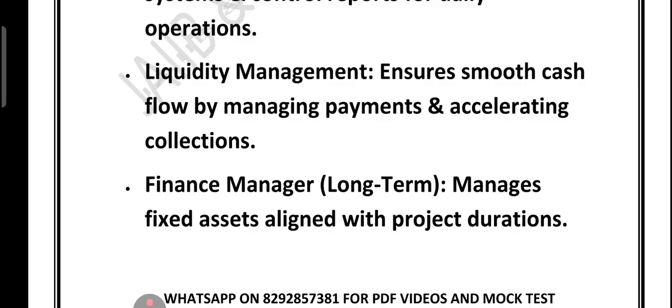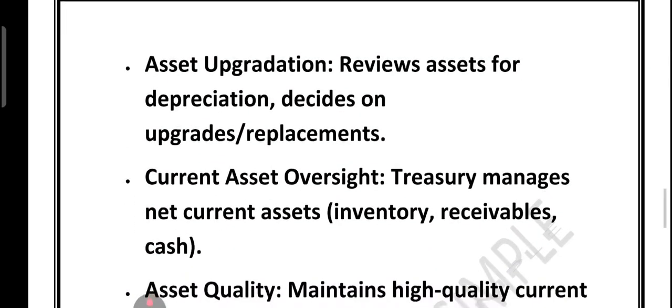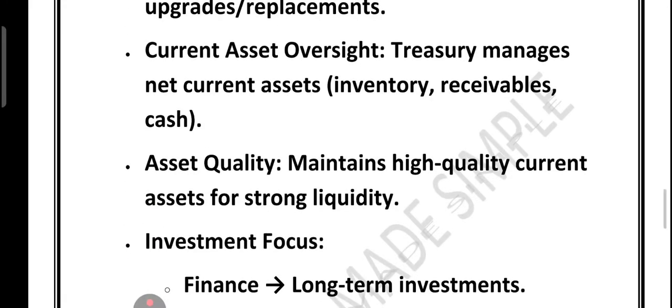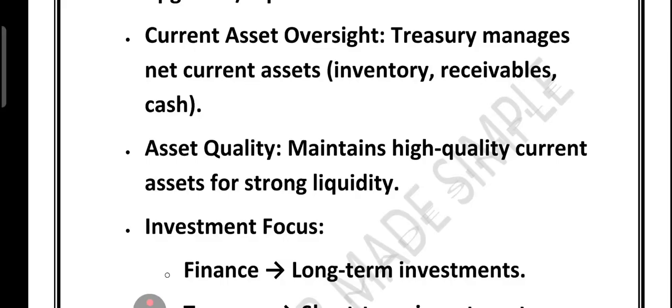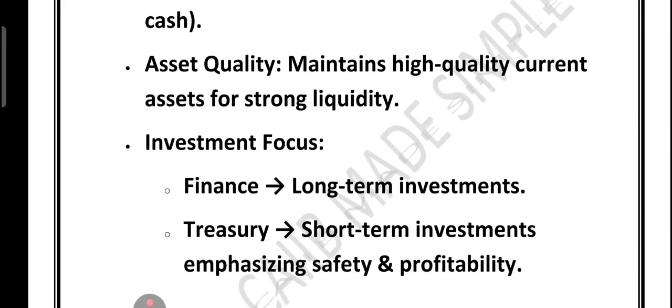Treasury is for short term, finance manager thinks about the long term. They monitor the fixed asset in line with the project duration. Then we have asset upgradation. So treasury and finance review the asset for depreciation. They decide on upgrade or replacement. Now current asset: treasury manages net current asset like inventory,